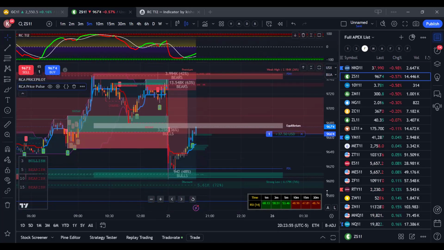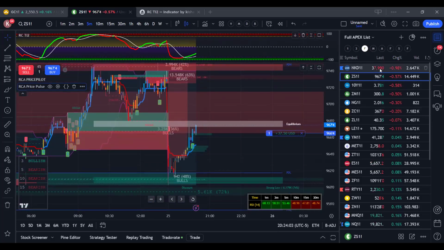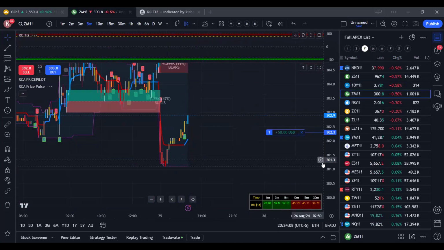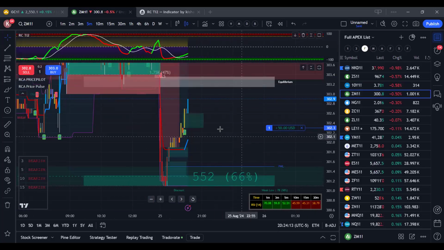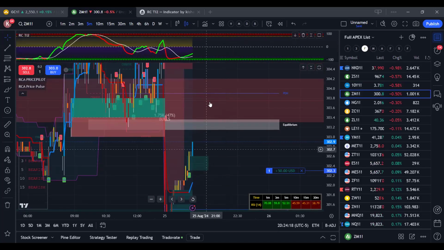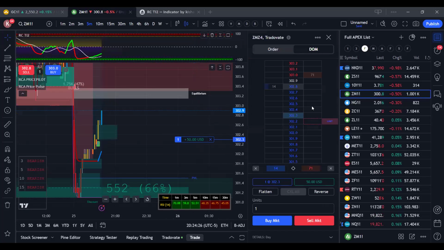So it may again go touch this and then drop. So when the ticker is bearish, don't wait for it to go all the way to the top, right? It may go only till the midpoint and then it may start to drop. So you can put a sell order saying, okay, 303.2